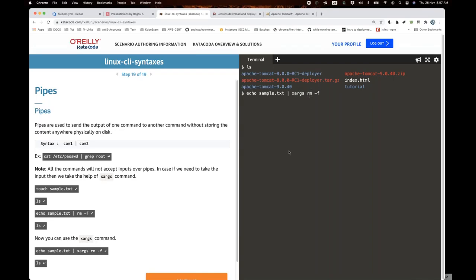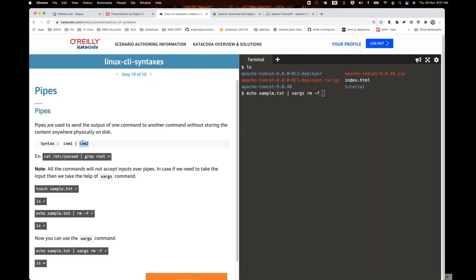Okay, so that's it, nothing more than that. But keep in mind the second command depends only on the second command, so it will work or it doesn't work. But the first command's output you want to send as an input to the second command. That's the relation between the two commands you are making, and that's where you use